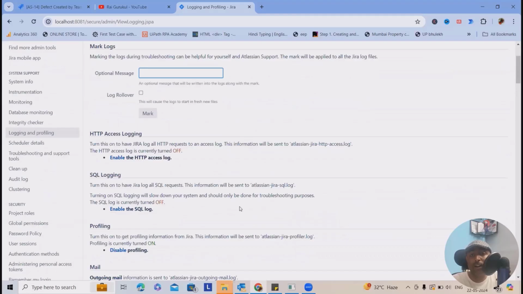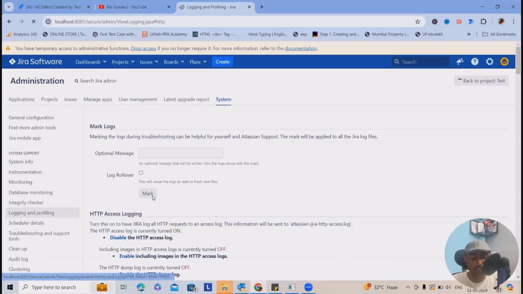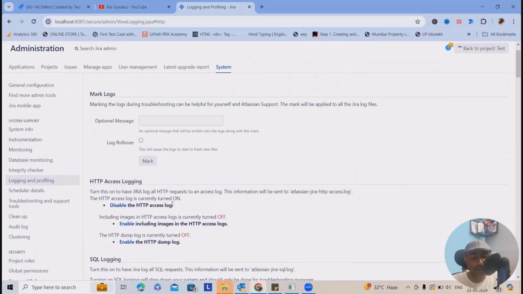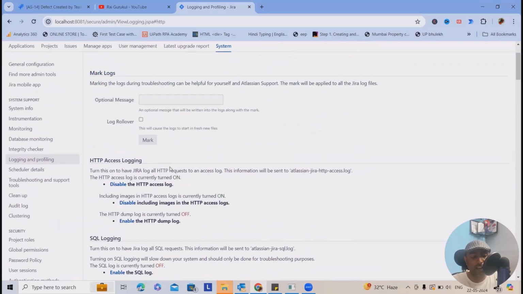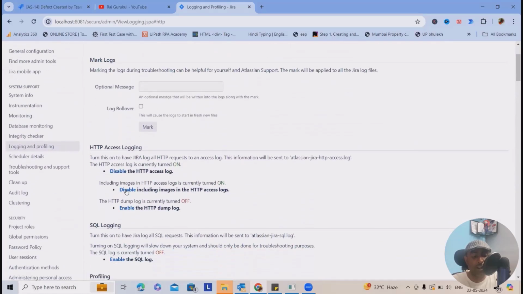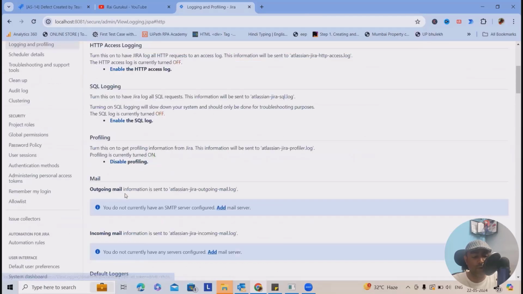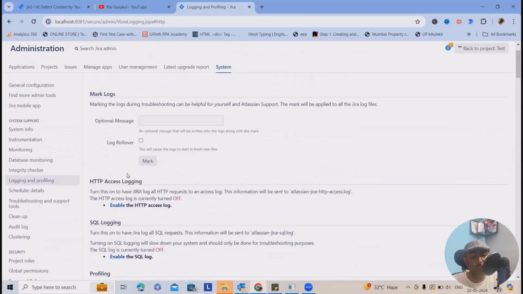Now, some of the logs are enable and disable based, like the HTTP access log, where if you want, you can just enable it and this will give you more options like including images in the HTTP access log, which is currently turned off. If you want, you can enable that part as well. Whenever you enable, you will get options to disable it. At any point of time, if you want, you will be able to disable it